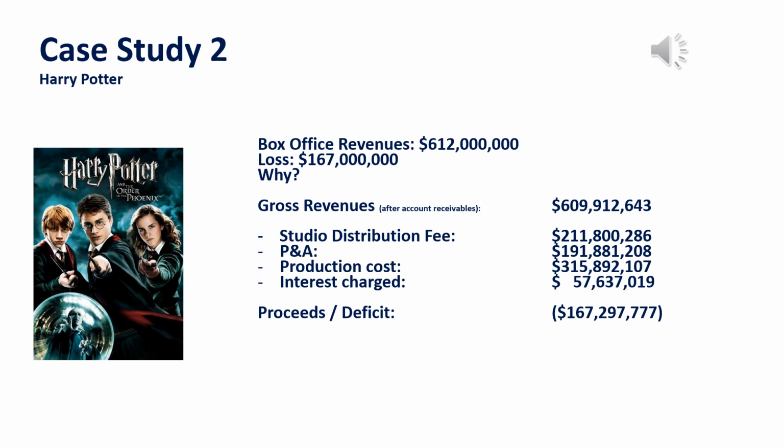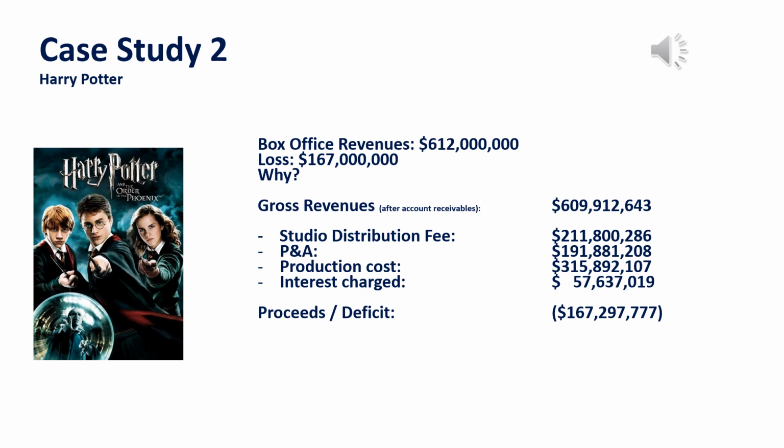The studio charged a distribution fee of $211,800,286. It also charged for its P&A for the print and advertising campaign, $191,881,208. And of course it charged for the production costs it spent to make the movie, which was $315,892,107. And of course it's charging interest for financing this movie with $57,637,19. So that is why the proceeds deficit today is